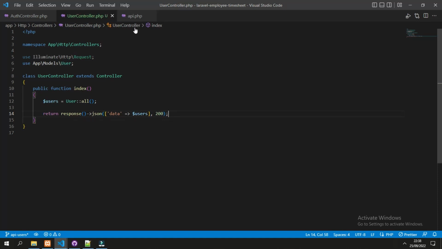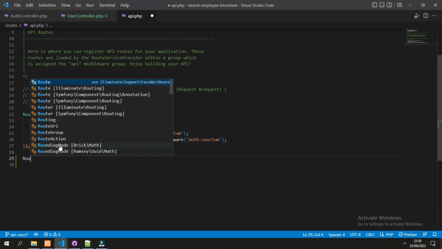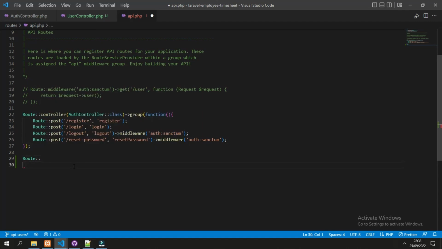And next we add the route, because this would be a different controller. Let's add the new one. To simplify, because all the APIs will use the authentication middleware, we put the middleware specification in here, auth:sanctum, and the rest is the same.